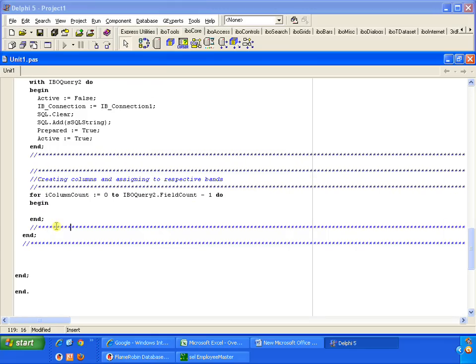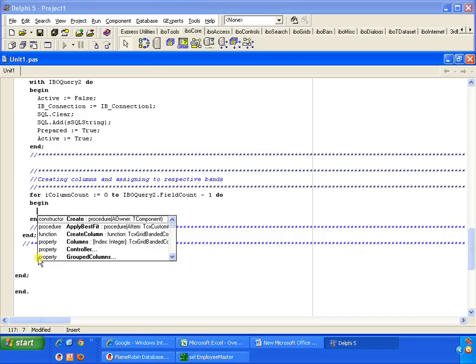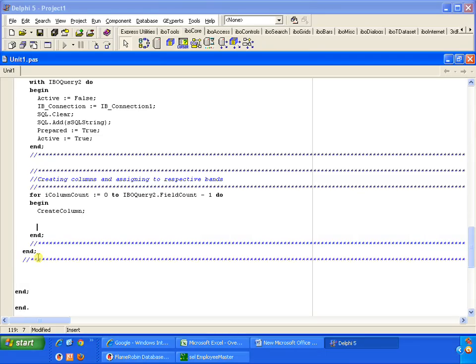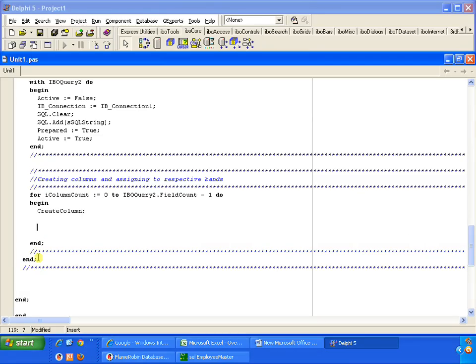Now create columns, so press Control Spacebar. As you could see here, the column we are creating. Since the column is created, we need to assign it then and there to the respective bands. So the column number 0 and 1 should come under band number 1. So what we would be writing: if the column count is greater than or equal to 0 and column count is less than or equal to 1, then